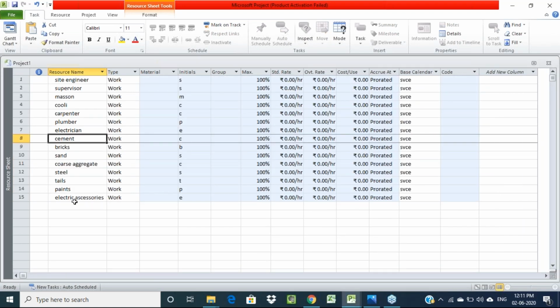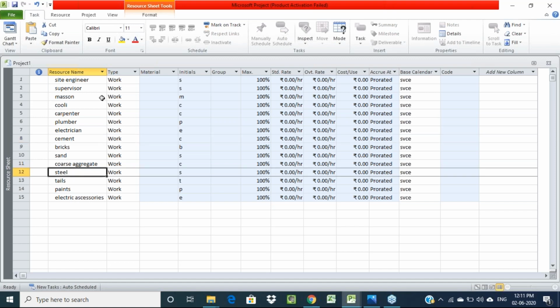Like this, we have to make a list of all the resources.